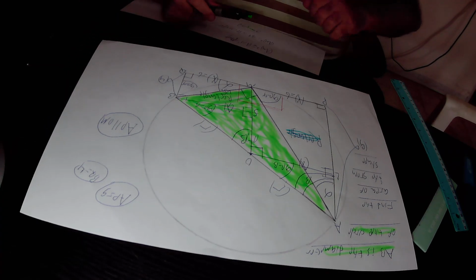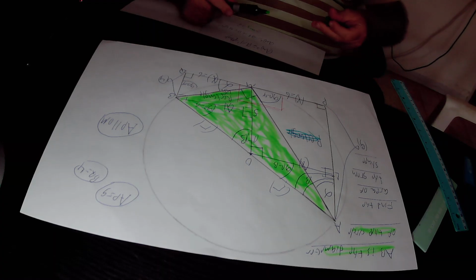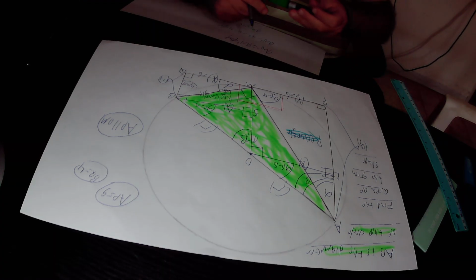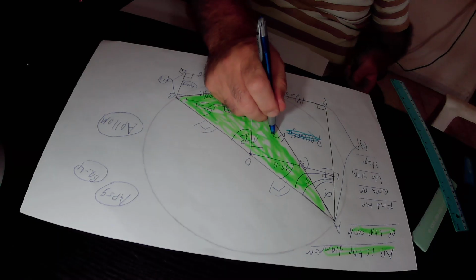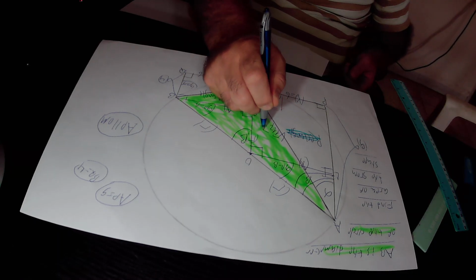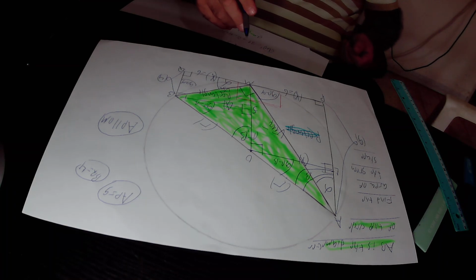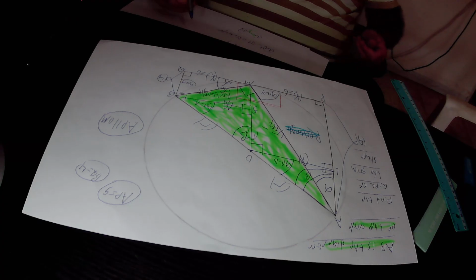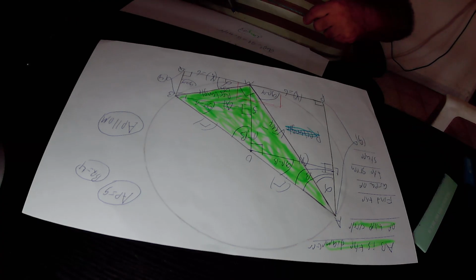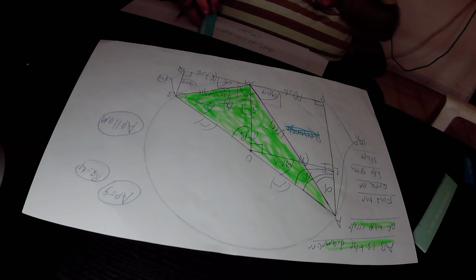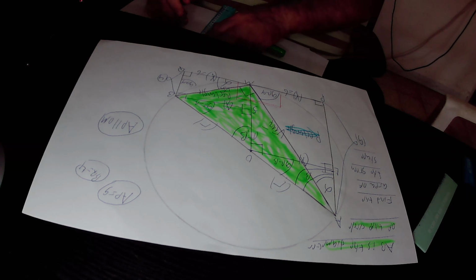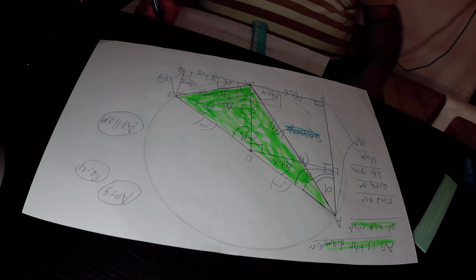So here, this is side AM, which is equal to the square root of 117 units in length. Now it asks you to find the area of this green triangle AMB. We know that the area of a triangle equals the base times the height over 2. Therefore, the area of the green triangle AMB